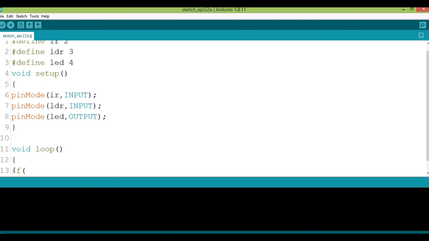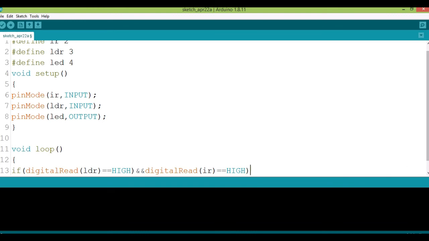Okay, so for the sensors, as you all know, I will be using digital read. If digital read of LDR equals to high and digital read of IR equals to high.